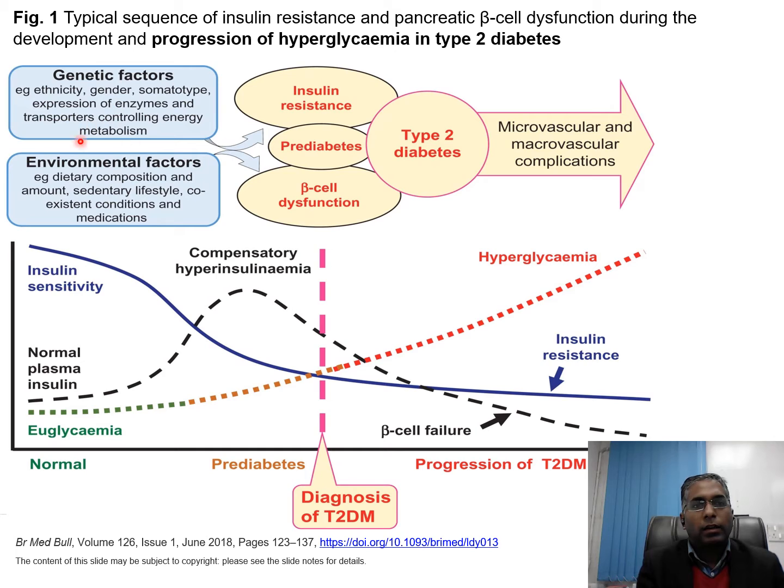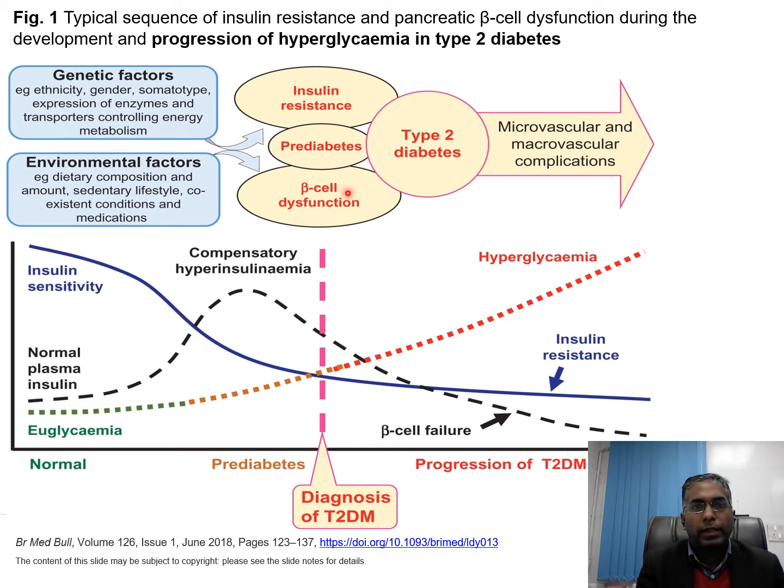With the effect of genetic factors like ethnicity, gender, somatotype, expression of enzymes, transporters controlling energy metabolism, and environmental factors like dietary composition and amount, sedentary lifestyle, and coexisting disease condition and medication, they all lead to insulin resistance,